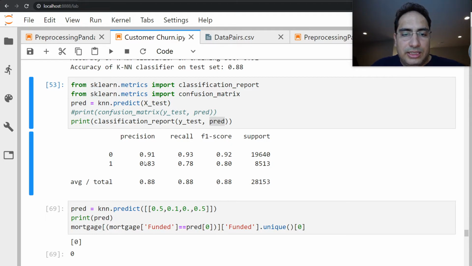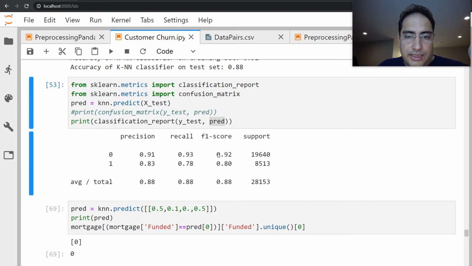So for the not funded class, the precision is 91 and recall is 93. It's less for the funded class. So it's easier to know which ones are not funded. It's more accurate, but we're not as accurate for the other class at knowing which ones are funded. That's not bad. It means that we can reject a lot of applications that are not going to be funded quite easily, and then give the rest to maybe a human